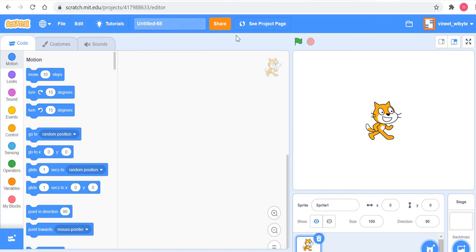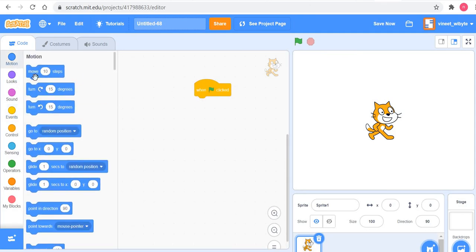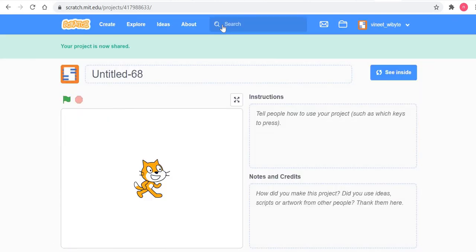Now once you see a share button, let's make a very simple dummy project here to illustrate what all this means. Let's say I make a project that says when flag clicked, move 10 steps. Let's say this is all in my project. Once my project is over, the moment I click the share button, something magical happens. You get a message from Scratch saying that your project is now shared.